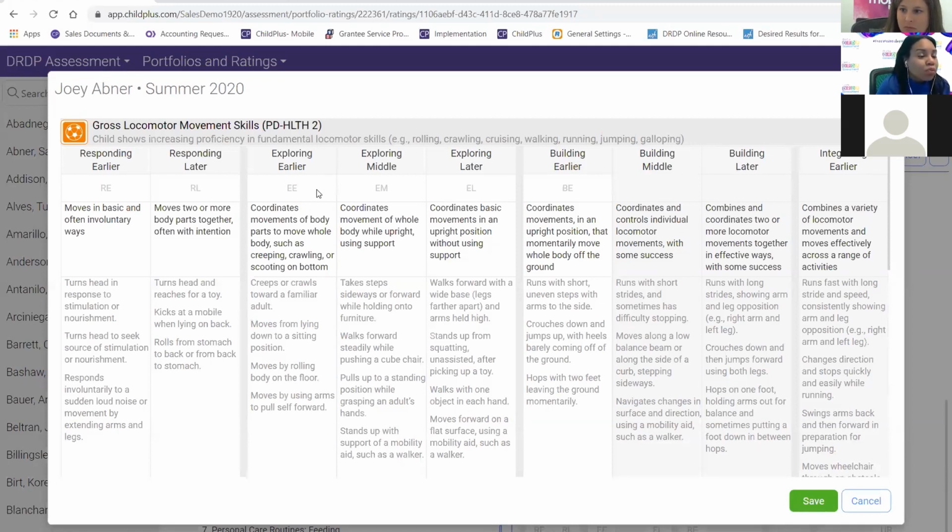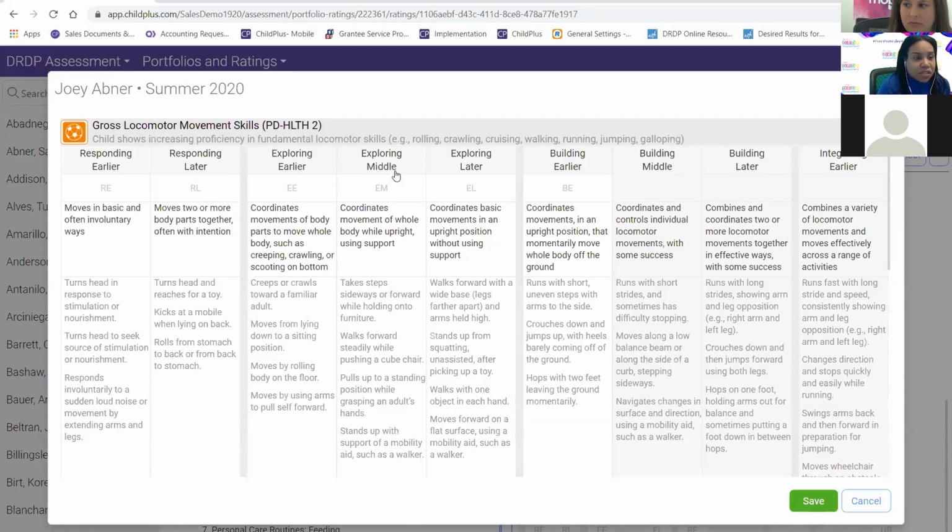Let's look at the exploring earlier. So this one is saying coordinates movements of body parts to move whole body, such as creeping, crawling, or scooting on bottom. And so our examples are creeps and crawls towards a familiar adult, moves from lying down to a sitting position. Well, Joey's definitely crawling around. He's playing with the toy. Sounds like exploring earlier is a good level to place Joey at,